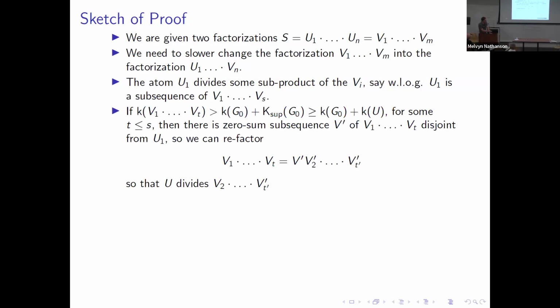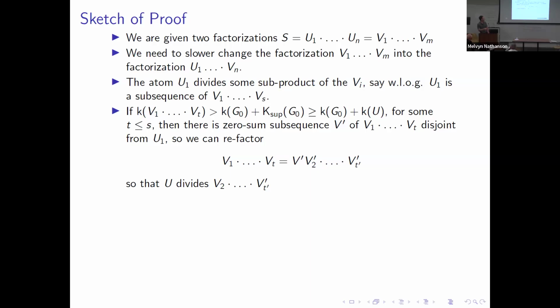Right. So the basic idea is that if we remove U1 from this sequence here, we have some leftover terms. And if the number of those leftover terms is bigger than that little cross number, the definition of the little cross number would guarantee there would be another zero sum that was disjoint from U1, contained inside this product of the VIs. And we would be able to refactorize that, say we call it V prime, and pull it out. Because this is disjoint from U1, U1 will still divide just this new subproduct instead of the old one